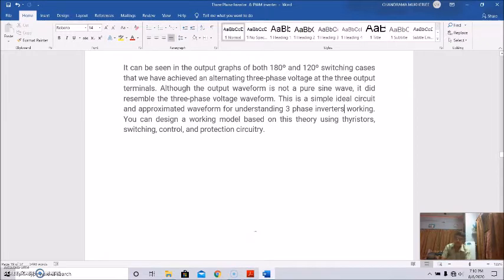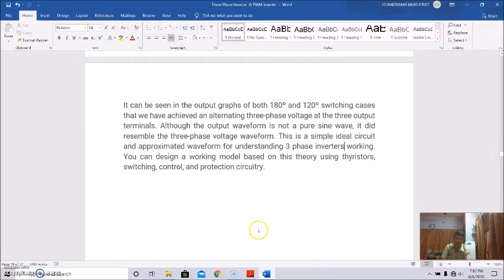Its operational modes, that is, we have discussed two modes: 180 degree conduction mode and 120 degree conduction mode. So I think you will understand it. Once again we'll repeat the entire thing, because we completed the 180 degree conduction mode in the previous class, and the 120 degree conduction mode in this class. So as a whole we will look at the matter once again.